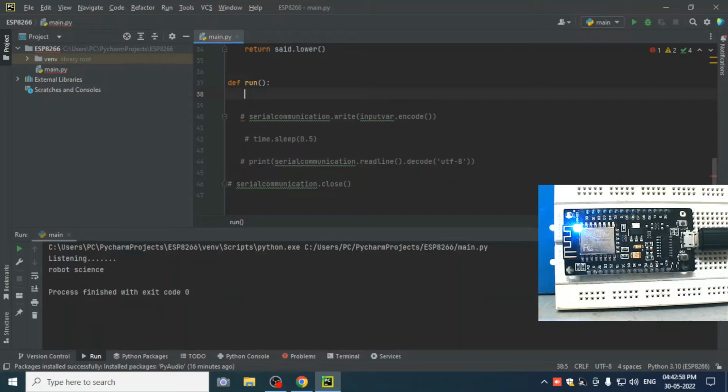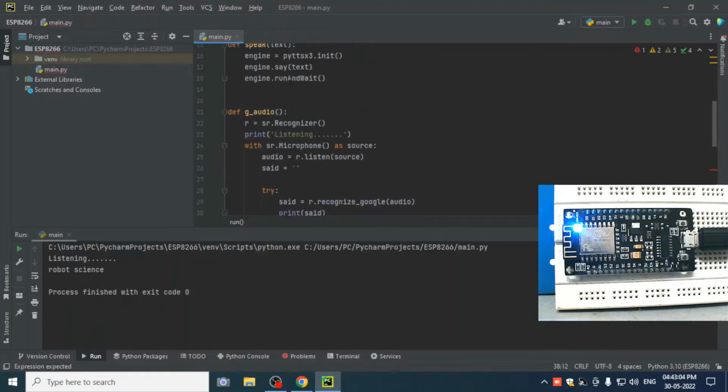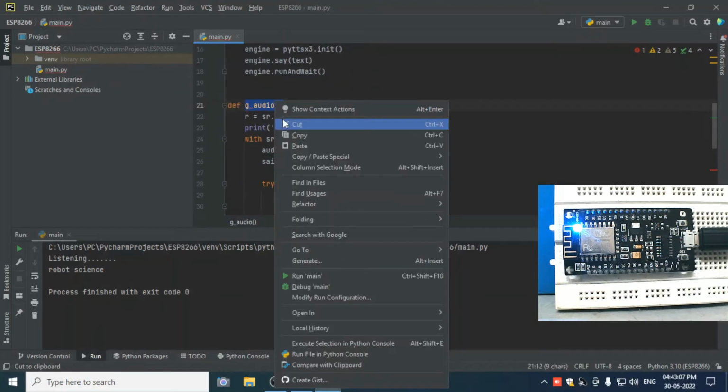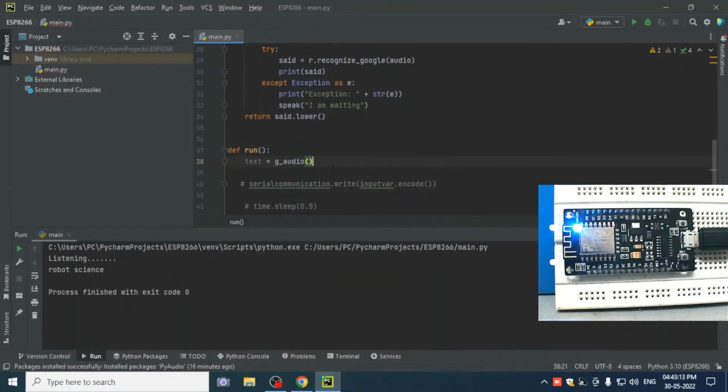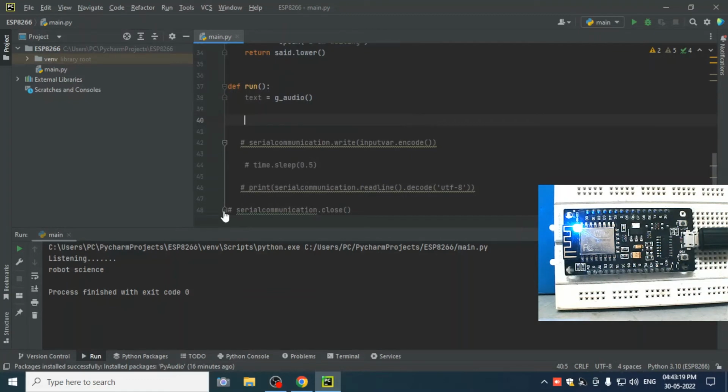All right, in this one we're gonna get the text, so I'm gonna assign a variable called text equal to, we're gonna call this function g audio. Perfect. So we're gonna use an if-else statement to check what we are saying. All right, so let's get started. So if turn on in text,